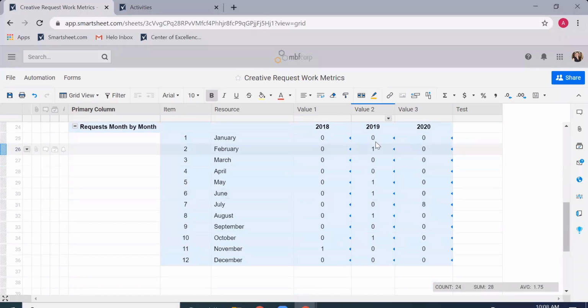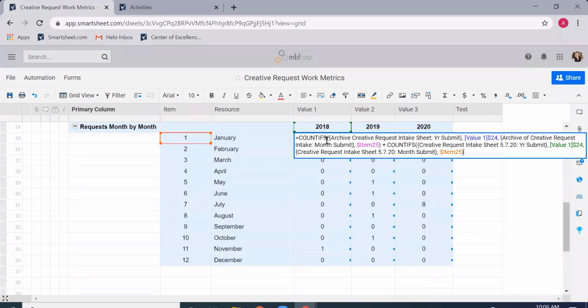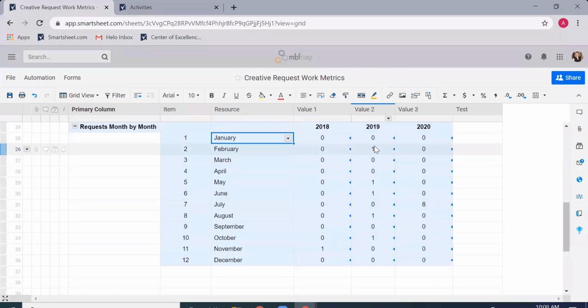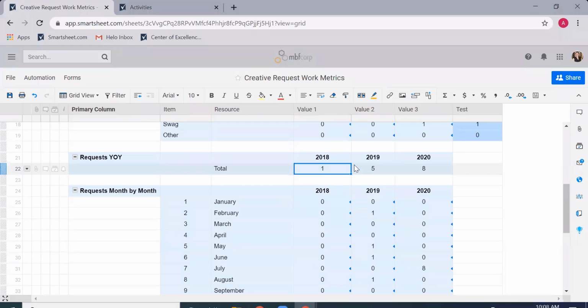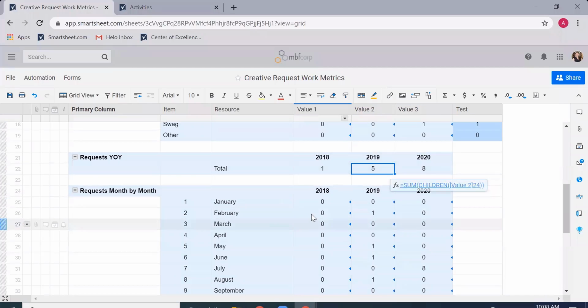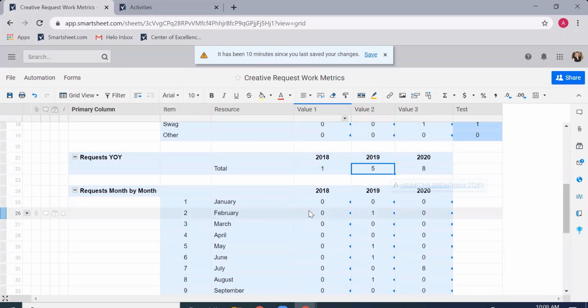requests month over month. Our formula is saying if the month is January of the request and the year is 2018, then count that up. And you can see we have 1 request in 2018, 5 in 2019, and 8 in this year of 2020. All right. I'm going to save my work,